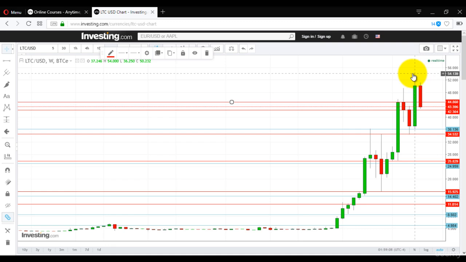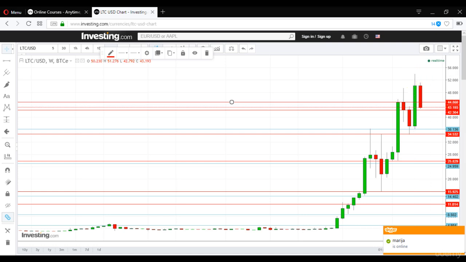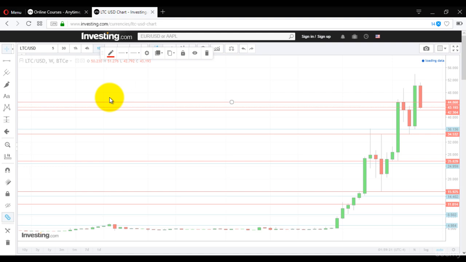Example, if it is at 100, usually it will hit 110, because that's what happens once the price is really in the flow. Now if we move to the 1-day chart,